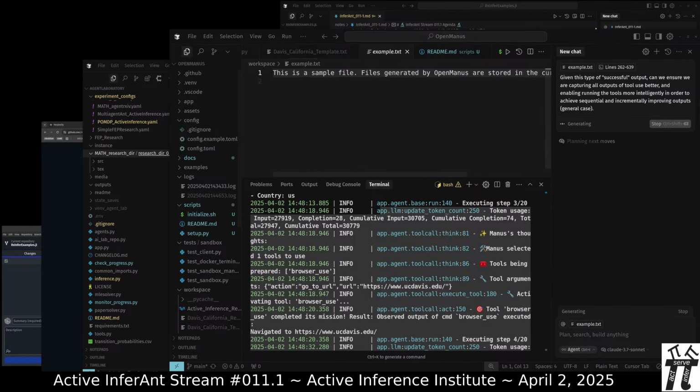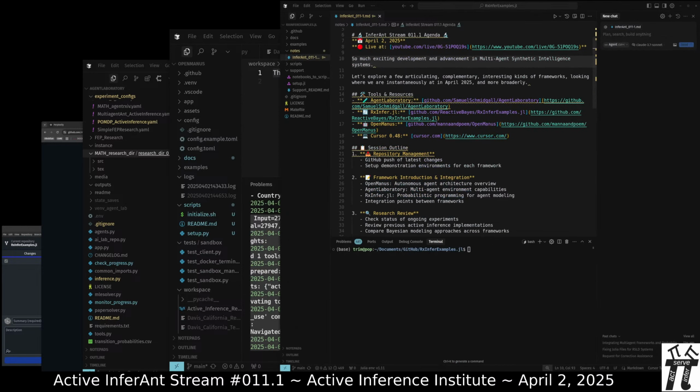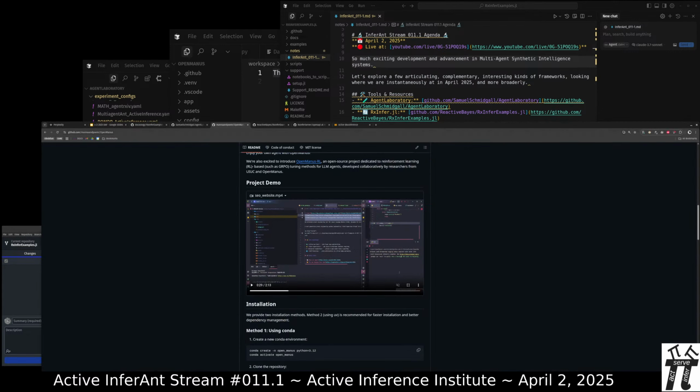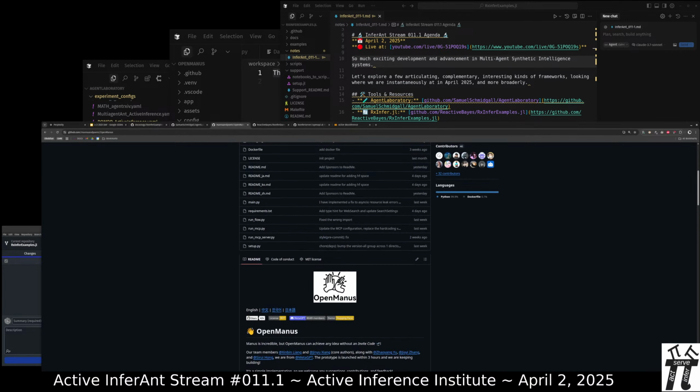All right, and then the third window is going to be the RxInfer.jl examples repo. So here's the OpenManus.